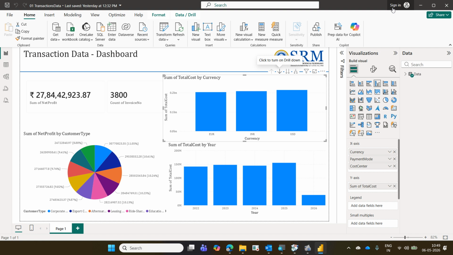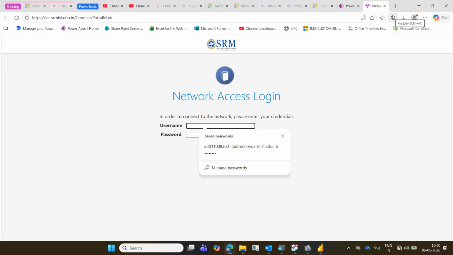If you are not able to sign in also, no worries. Wi-Fi.